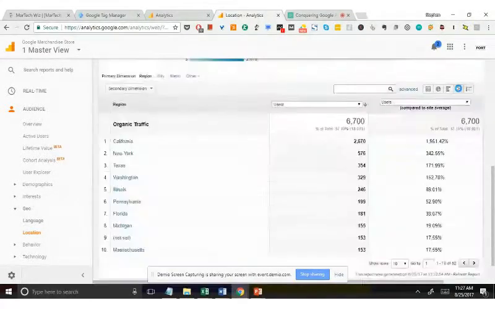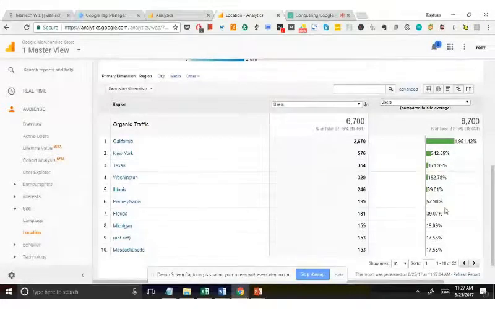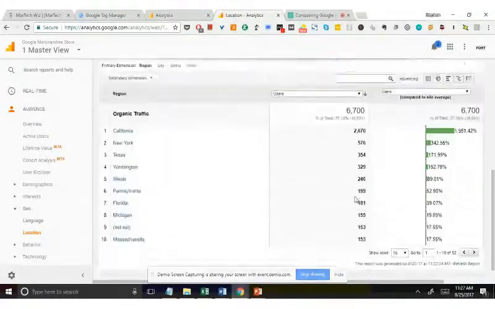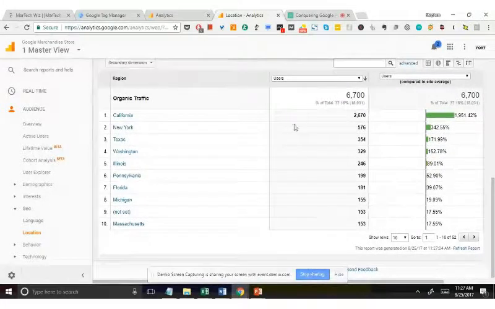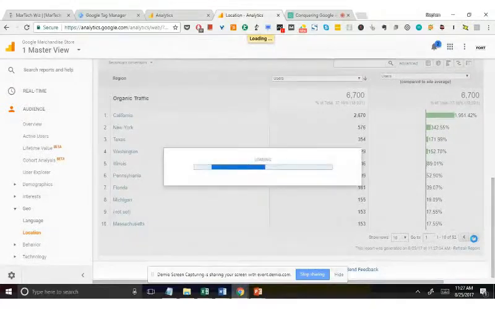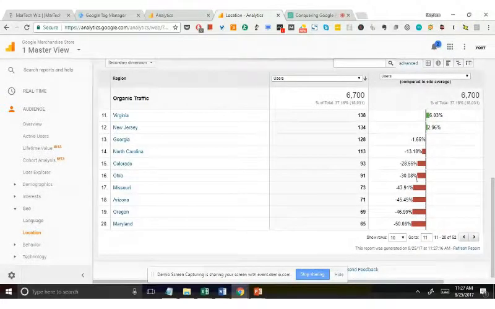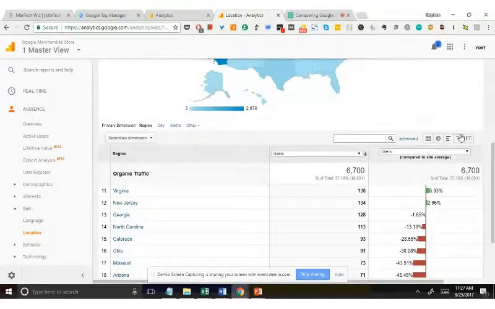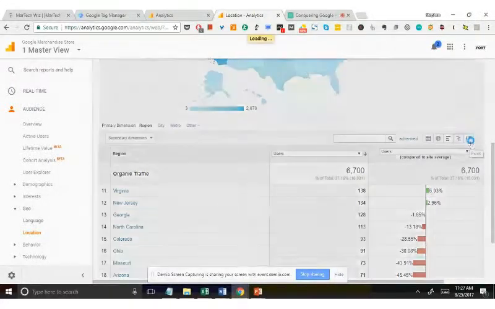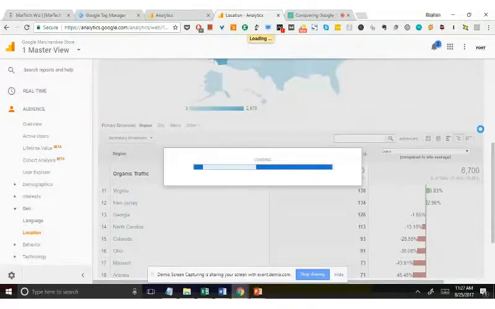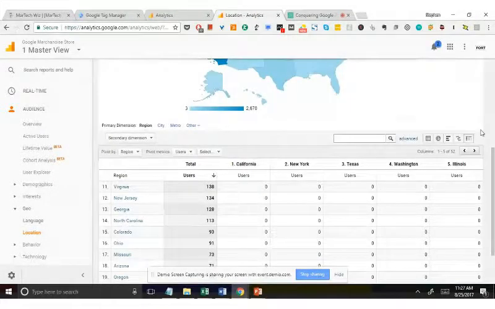A nice tool is the comparison tool, and this basically compares all of these versus the average. So these are all above average because remember, there's not just 10 rows, there's actually 52. So if we start going into this report, we should start seeing some below averages, and just really a super helpful comparison tool. Not only that, there's also a pivot table option, and this is super important because not only can you look at things by 2 dimensions,